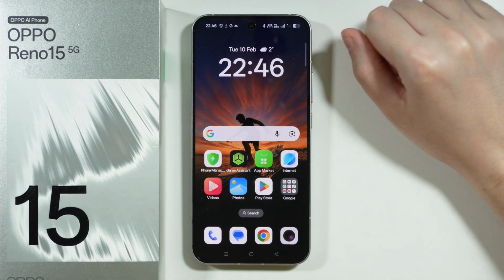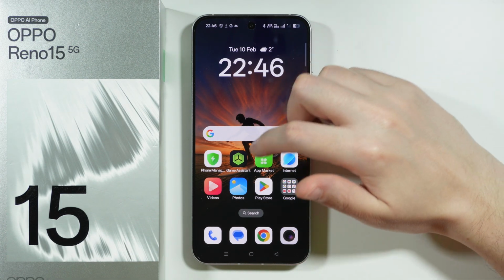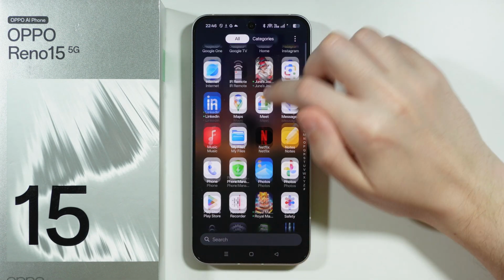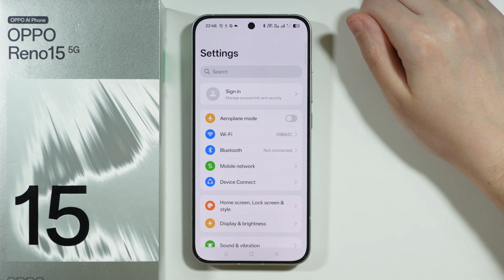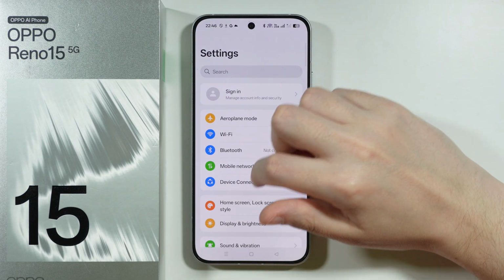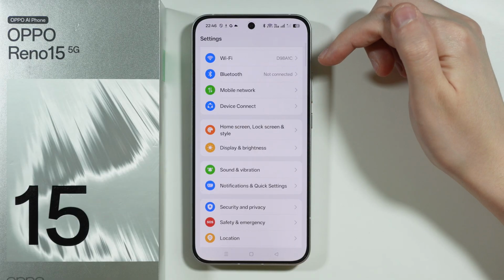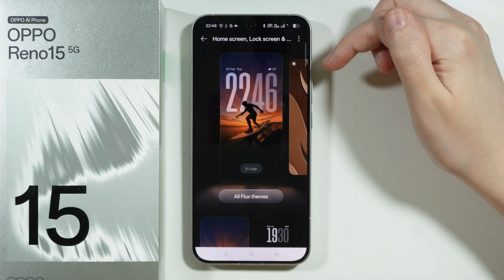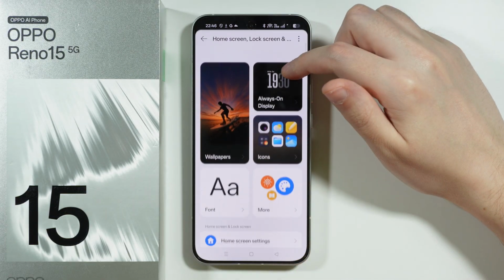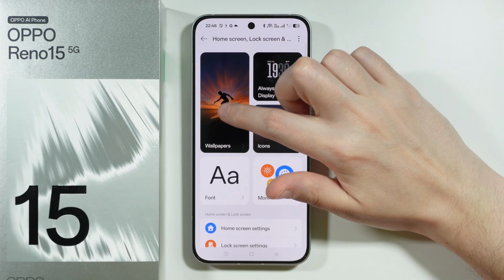If you want to change wallpaper on OPPO Reno 15, what you need to do is go to settings. There we go. And then once you open settings, we should be able to find the home screen, lock screen, and style. So let's go over here. Now we're gonna swipe up from the bottom over here to open this section, and then we can tap on